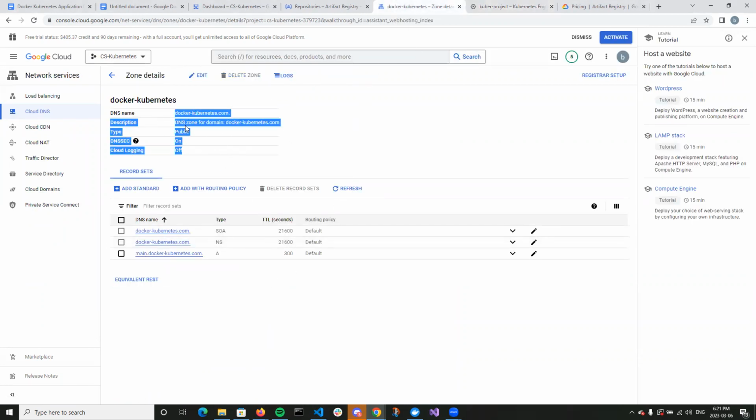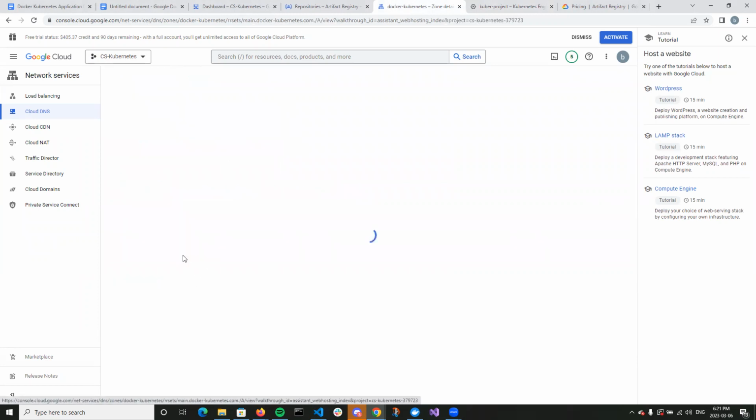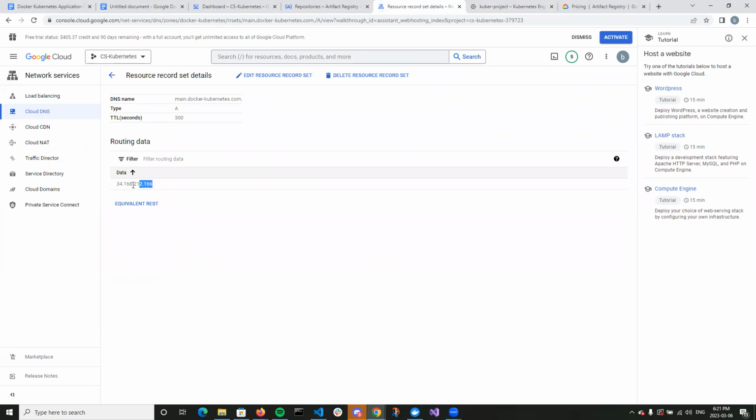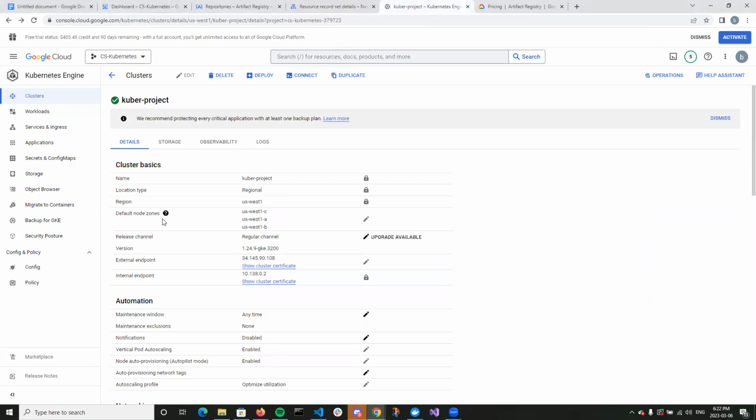So for zones, this is for my DNS. We're actually hosted on this main Docker's Kubernetes here. And this is our IP for our DNS address. So our DNS name will resolve into this and then bring it to our application. I'm trying to grab some stuff so maybe I can show you some things off the command line, but it's just a couple commands. I have that all recorded in my notes that I'm including in the project folder.